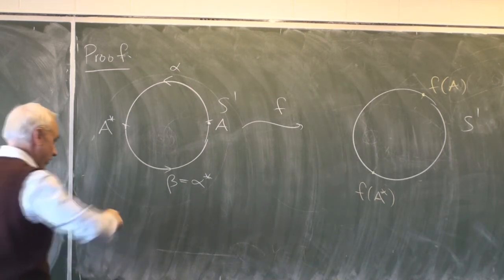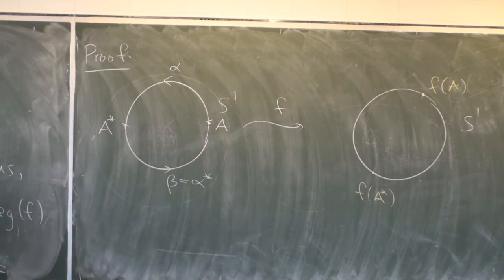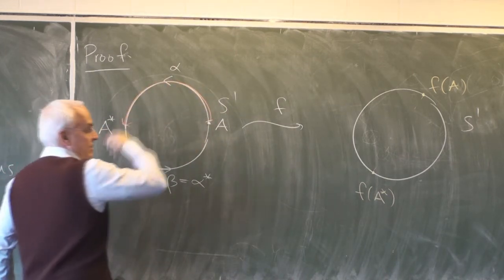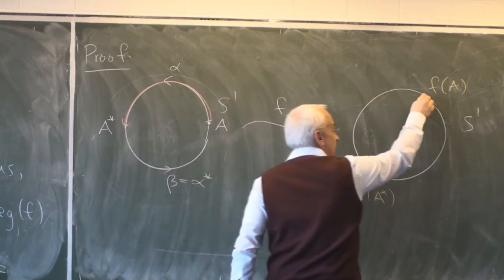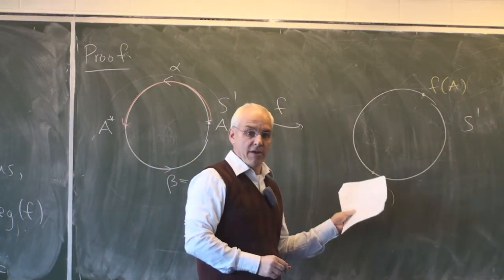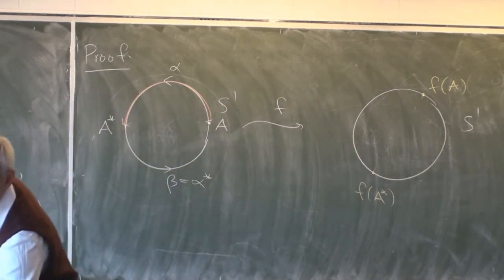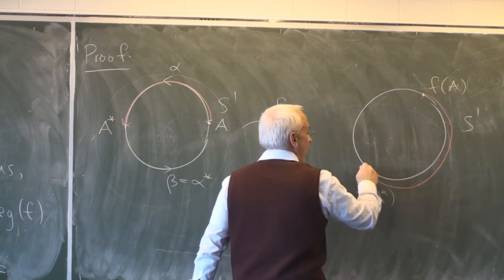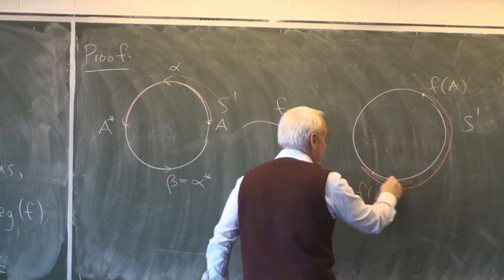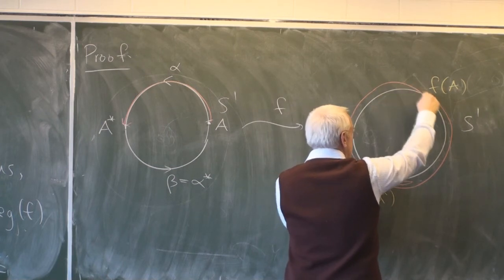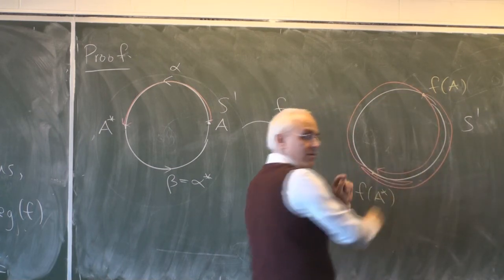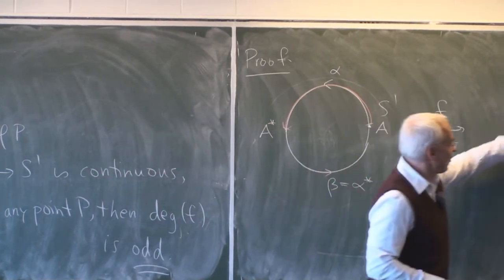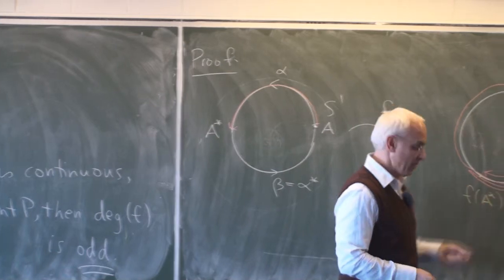So the image of the curve alpha, let me do it in red. So here's the curve alpha in red from there to there. Its image is starting here, and it's got to end there. Whatever it does, it's got to end there. So it can go around any number of times. Let's go around this time in this direction for something different. So it can wander back and forth. It can do whatever it wants. But eventually, it's got to end up back here. So let's go around 1.5 times in this case. All right, so the image of alpha was this curve that went around 1.5 times in the negative direction.